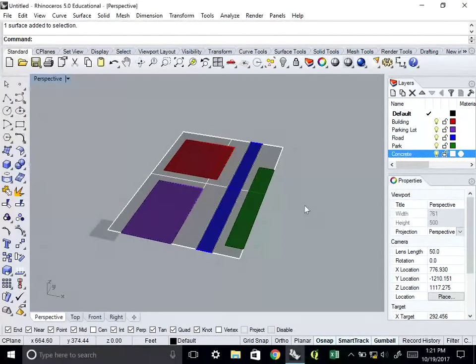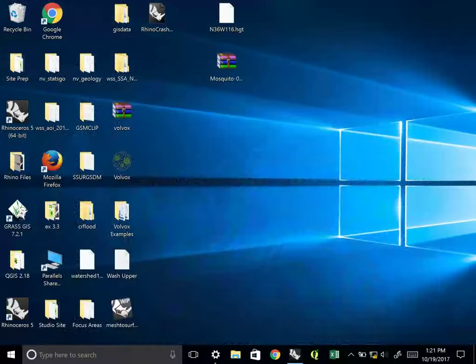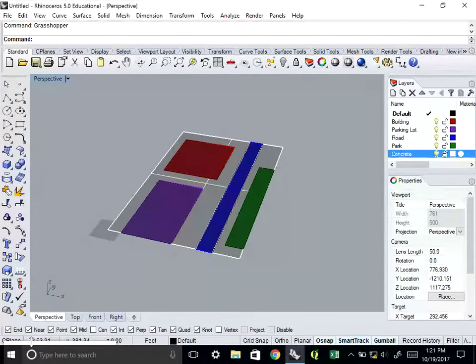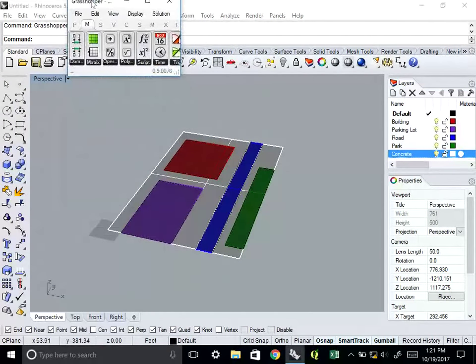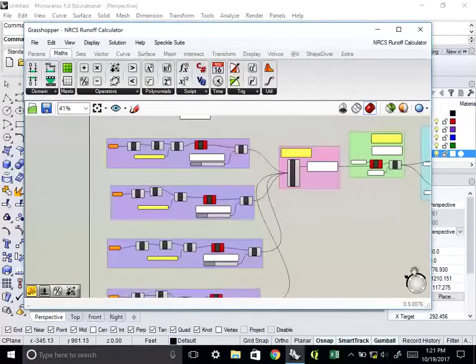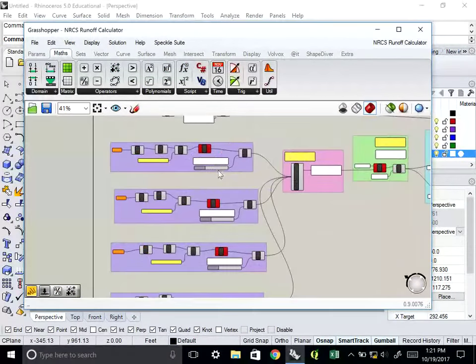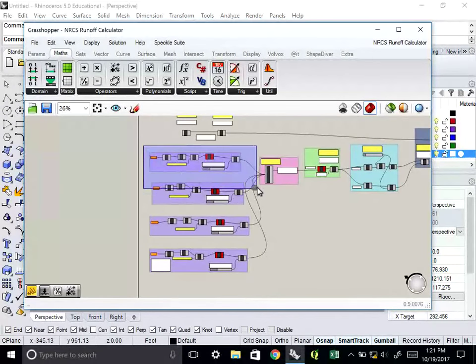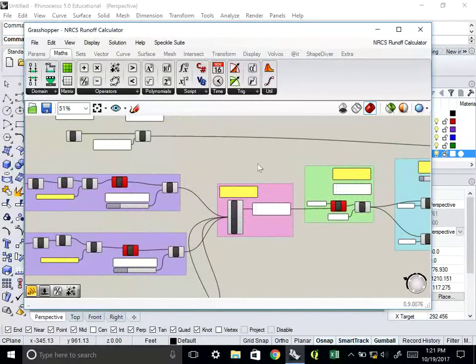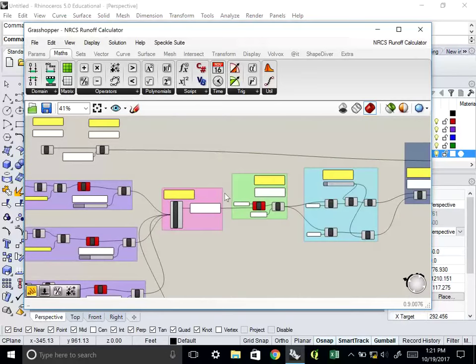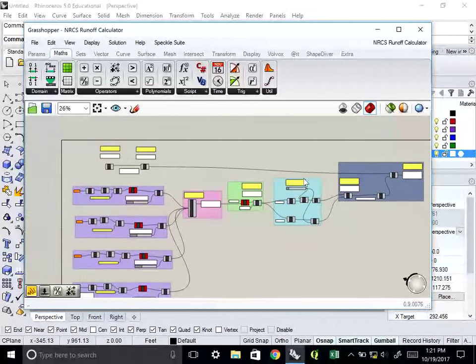Okay, so let's go ahead and start to put the script together. So again, this is going to just require a lot of us. I mean, this is what it's really going to look like. It's just that you've taken this part and this is essentially starting to kind of figure out your surface types. In this one, I see that I have 4 different areas for my surface type. They get kind of averaged out for their CN value. Then they get calculated for your runoff